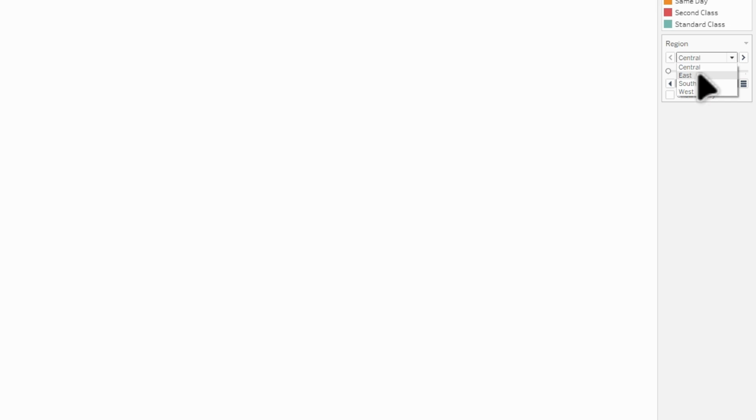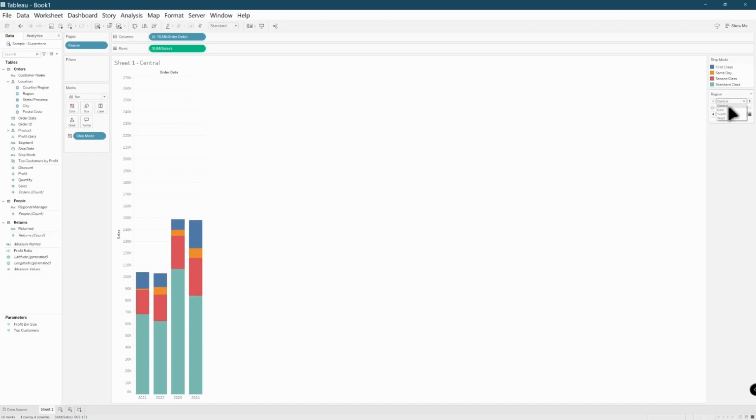I'm going to zoom out so that you can see the different options. If I click east, the other option is to hit this right arrow, so south, west, and then we can always shift back to whichever one we care the most about. I'm going to go back to west because I'm currently on the west coast.